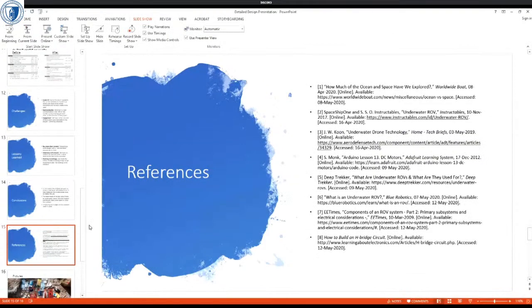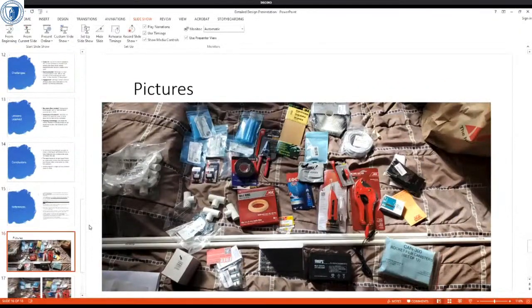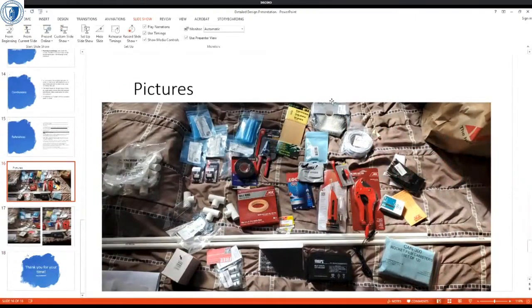And this is our references. And this is just pictures of the hardware. Just pictures of all the things that we got. We literally just finished getting all of our parts last week. And this week, we're going to be working on